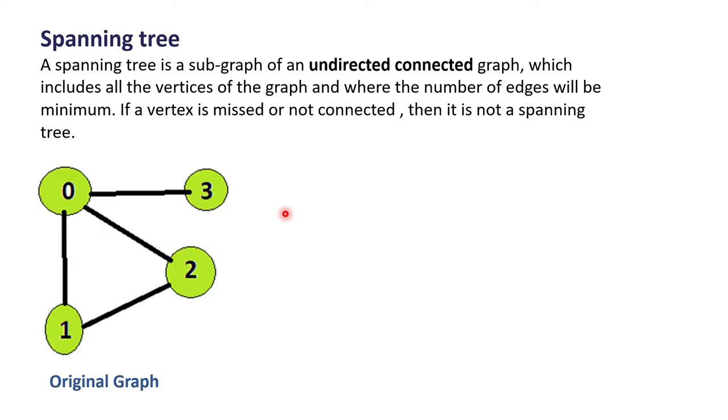So let's take one example. This is my original graph and this is one undirected connected graph, if you see. The definition says I have to find another subgraph where the minimum number of edges will be present to make it connected. So one possible spanning tree of this original graph will be